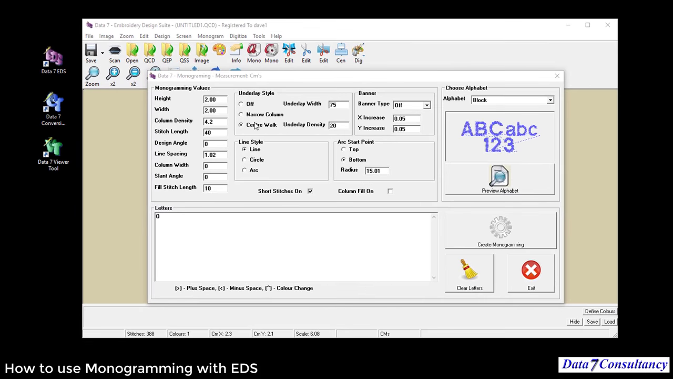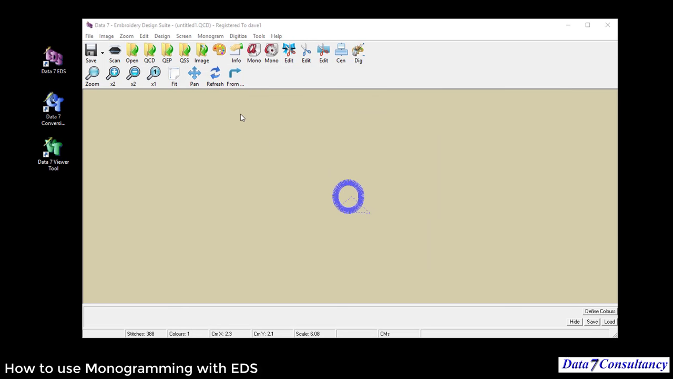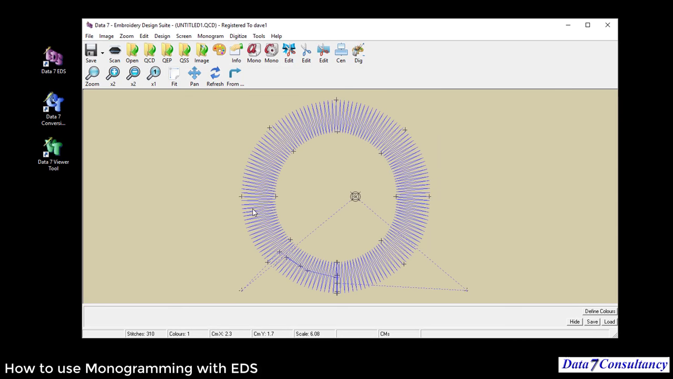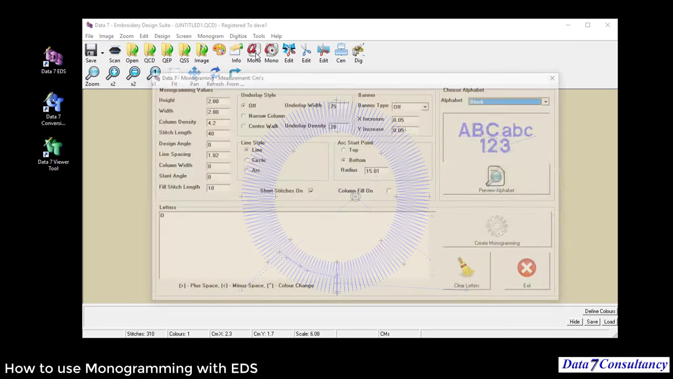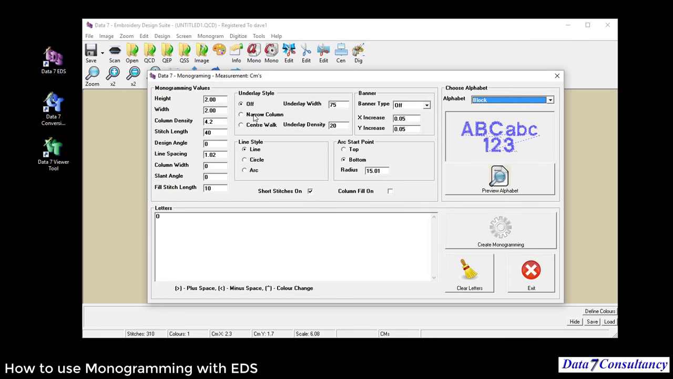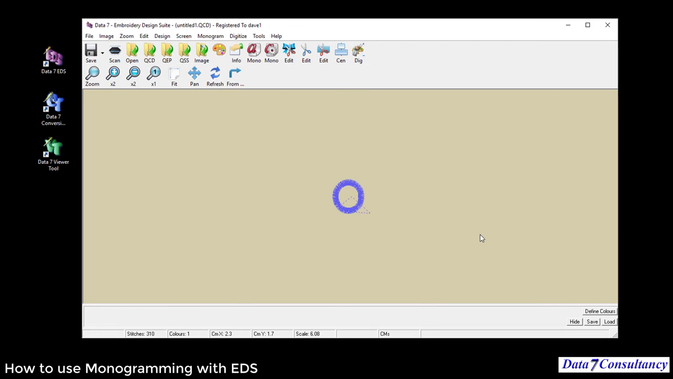So what I'm going to do is again turn it off just to show you the difference. If I draw the letter O with no underlay at all, you'll see it's absolutely blank underneath. It's got these tie-off stitches, initial running stitches, and then just columns all the way round. So if I go back into the monogramming system and turn on narrow column and create the letter again, fit